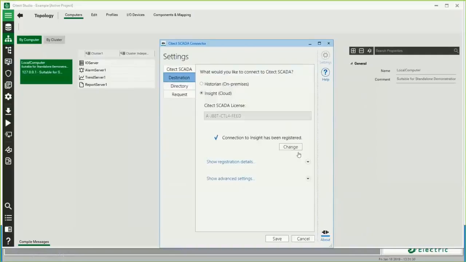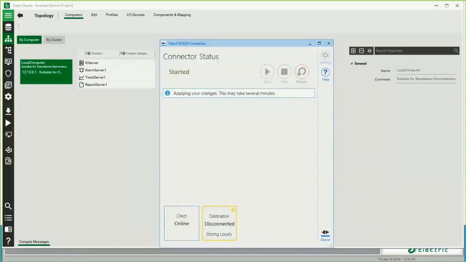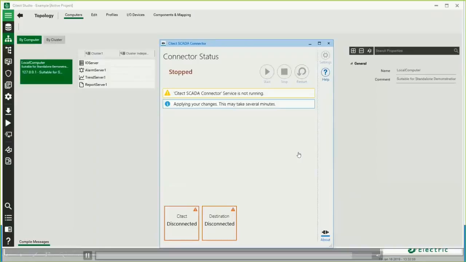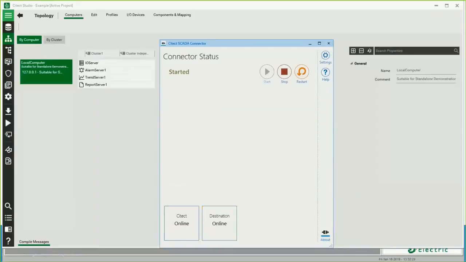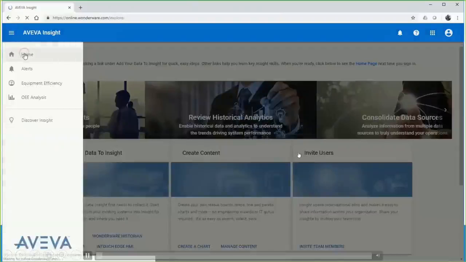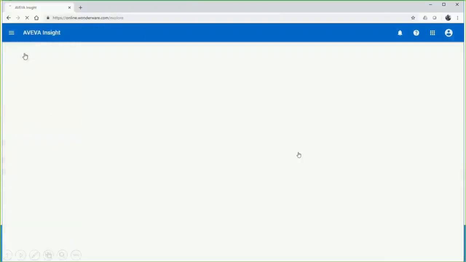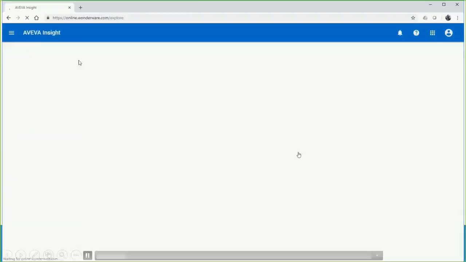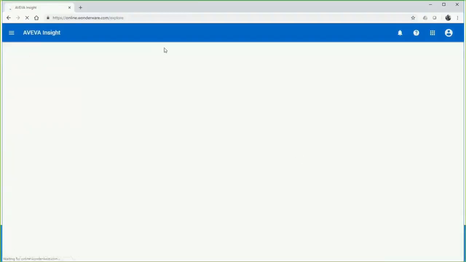Once I've completed that step, I can save that configuration step, and it will ask me to restart the connector as I've changed the settings. It will reconnect itself to the Citect SCADA system and then continue with connecting then to the online AVEVA Insight. So once we've done that, we can actually now, through the AVEVA Insight web page, go through to the home screen, and this will be covering a little bit more in detail into the functionality and features